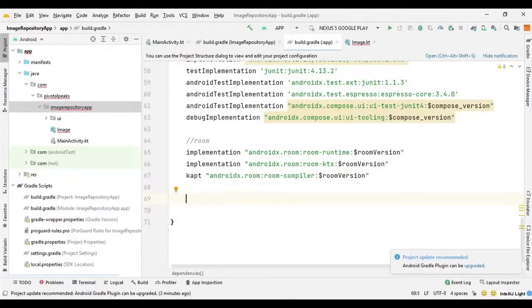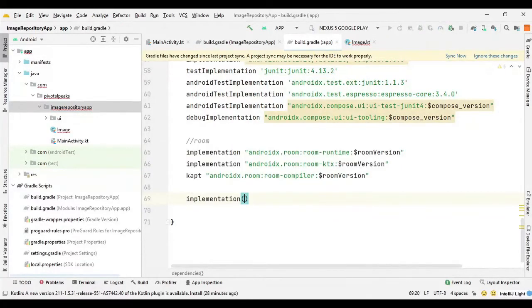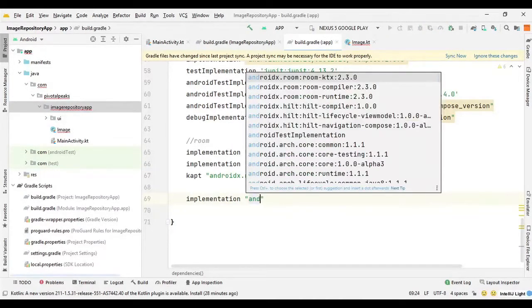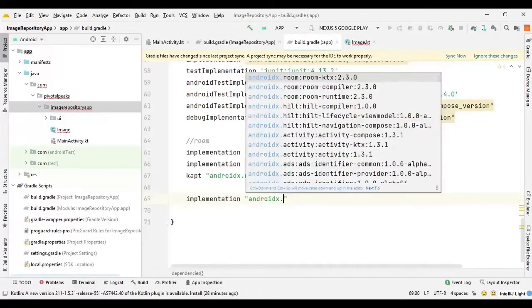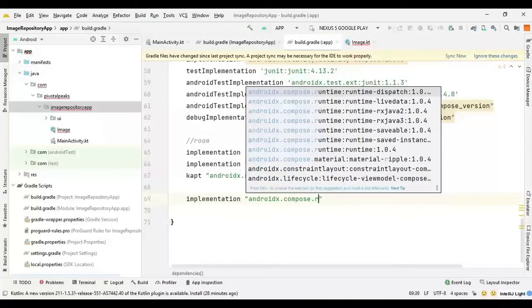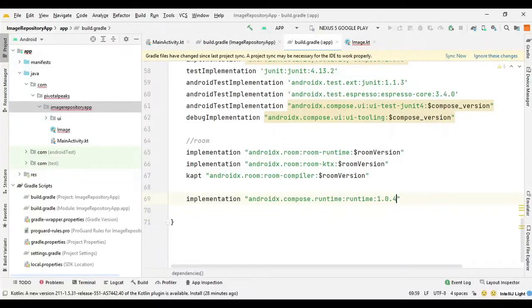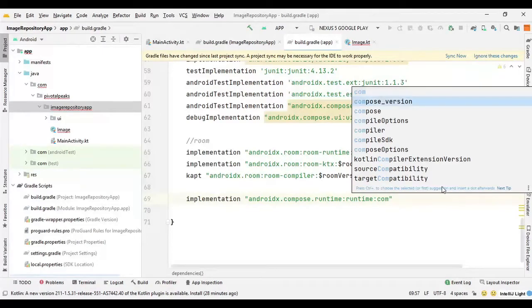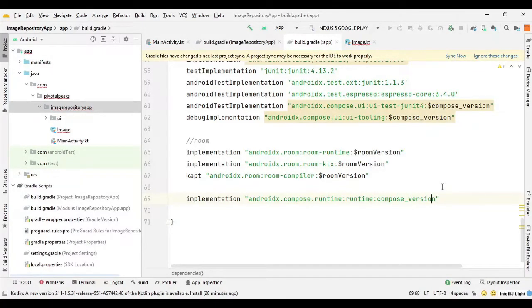So we can say here implementation androidx.compose.runtime:runtime, and here we can pass the compose version. So we need to provide the $ sign, and let's quickly sync it.